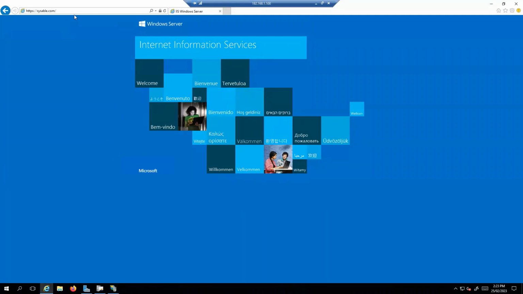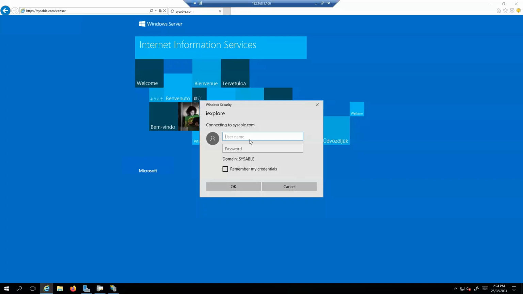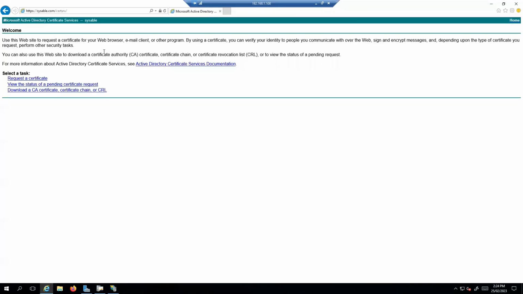Let's go back to sysable.com/certsrv. Let's access the certificate authority. Administrator with the password. So I've just added an extension, /certsrv. That's the only thing. Now if I click on Request a certificate,